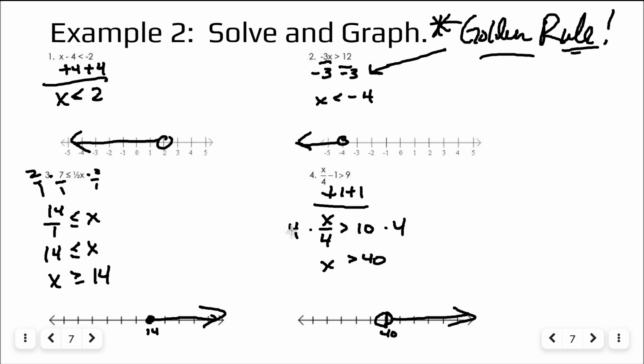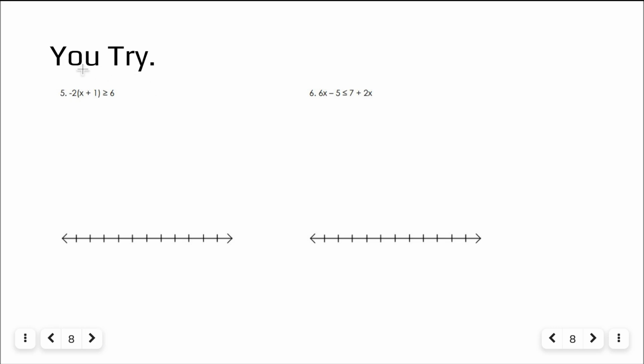Now, the reason I did not switch the inequality sign, I multiplied, but I multiplied both sides by a positive number. This golden rule only applies to multiplying and dividing by negative numbers on both sides. Since the number was positive, I multiplied on both sides. I keep the sign the same. Okay? All right, so now, here's your chance. Don't forget